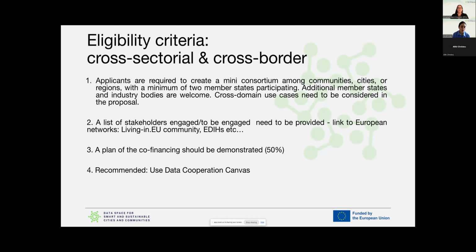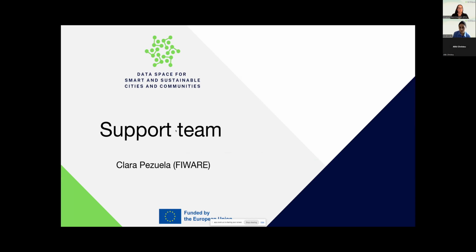This is part of the eligibility criteria that we are seeing, but more detail will be published soon, on the 15th of January. We are working on it, and my colleagues will share more about that with you. If you have any questions, please feel free to reach out to the consortium lead and us, and we will try to support you as far as we can. Thank you.